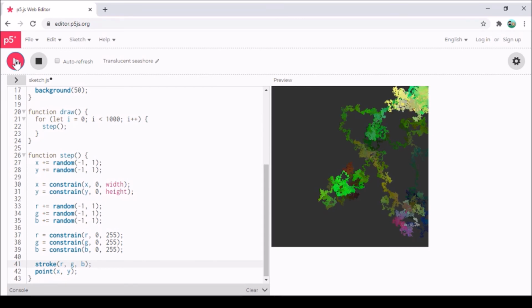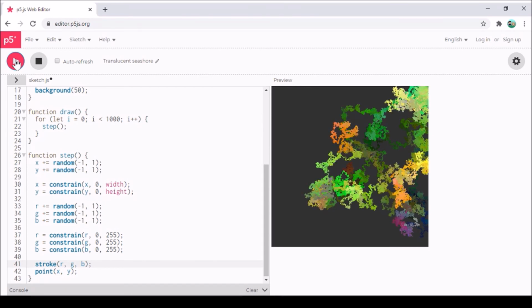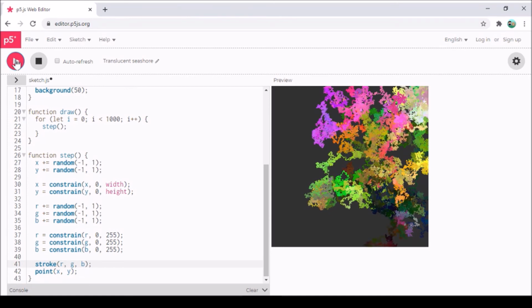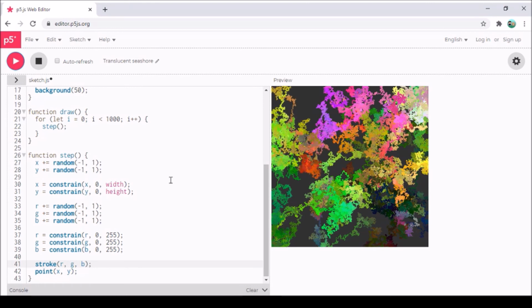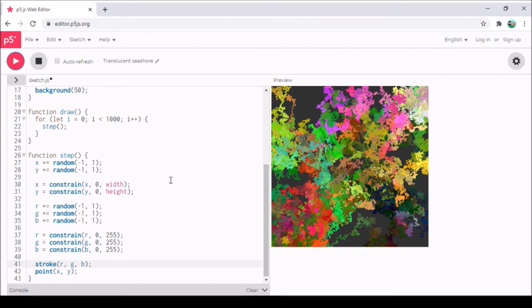Again, I hate that shade of green, but through the power of random, it'll eventually get prettier. There it is, nice and pink. The last thing I want to mention is, I mentioned that this is one of my favorite algorithms. It's actually probably my favorite algorithm, and the reason for that is it demonstrates this really beautiful principle called emergence,